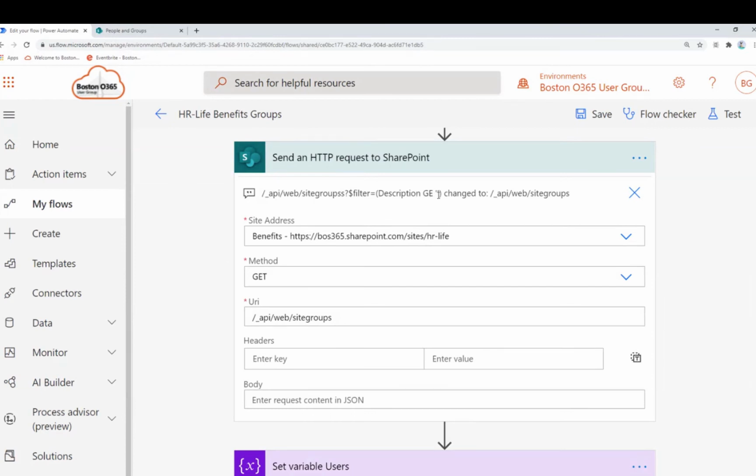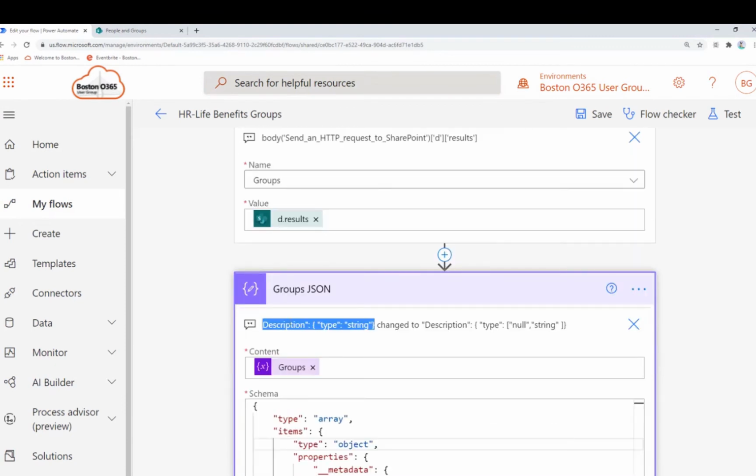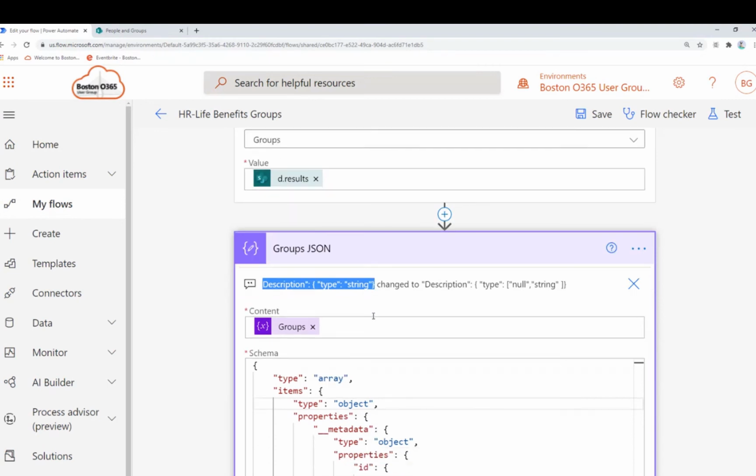So I had to make sure I came back first with positive data in my description field. Okay, so once I got positive data in my description field, I did not get any nulls. Then I had to go down here, and I had to make sure description type equals string. So then I could actually get my description, and I could drop that on my SharePoint list.